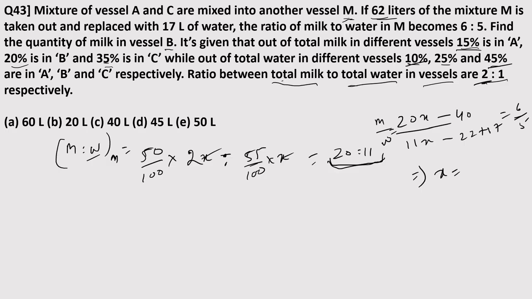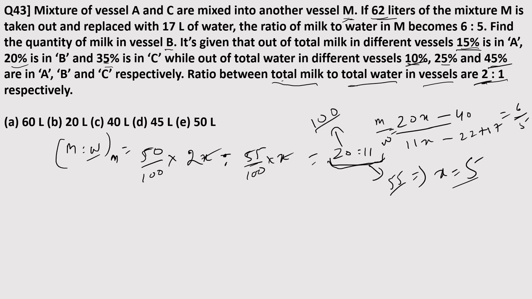Now x is coming out to be 5. If x is 5, I can say milk is 100 and water is 55, right? So vessel M's content is 155 liters, in which 100 liters is milk and the rest 55 is